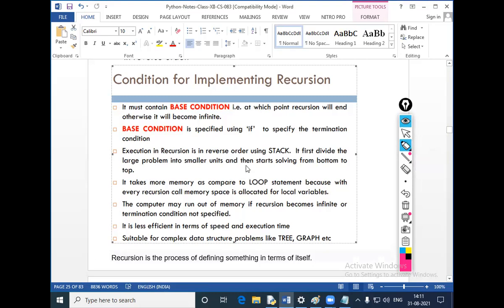Another example: in a buffet system, when we are using plates, the first plate kept will be used last, and whichever plate was kept last will be used first. So either we can say FILO or LIFO. That is the main thing.